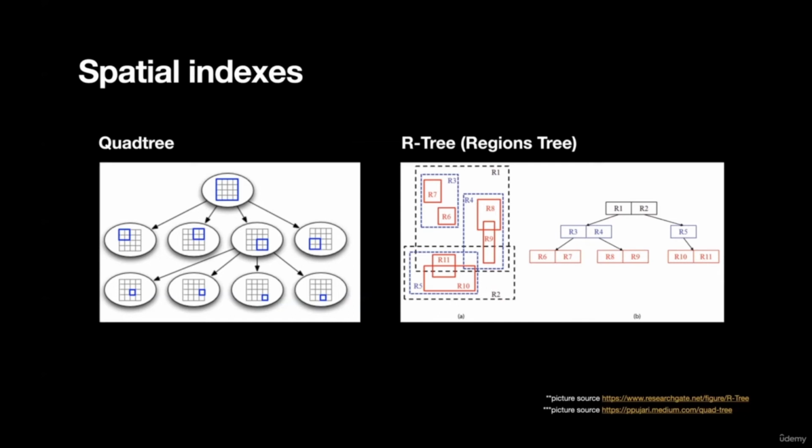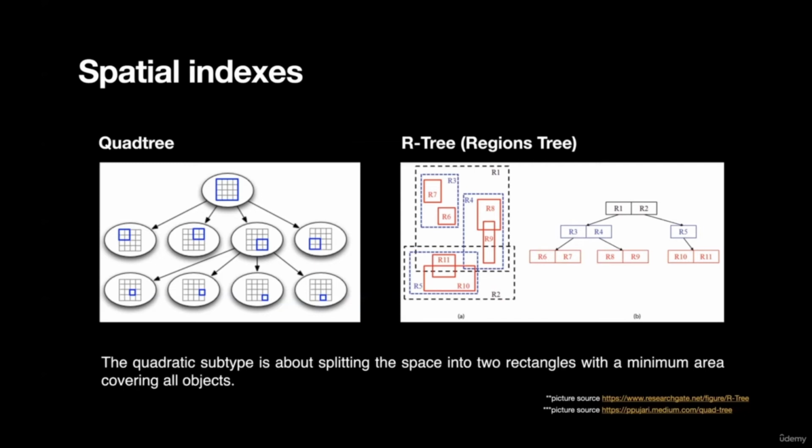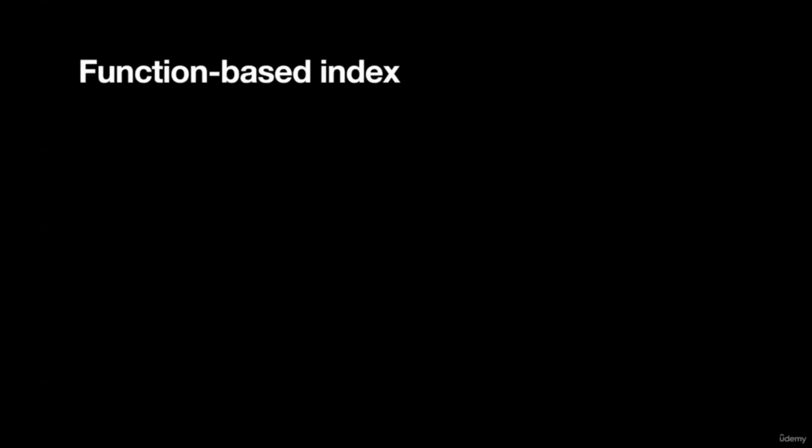Various algorithms can be used to split overflowing vertices, which leads to the division of R-trees into subtypes, with quadratic and linear complexity. The quadratic subtype is about splitting the space into 2 rectangles with a minimum area covering all objects. Number 6,